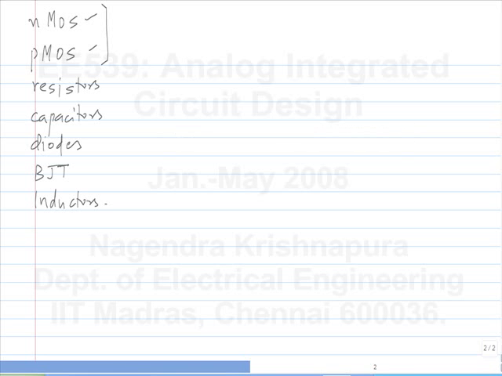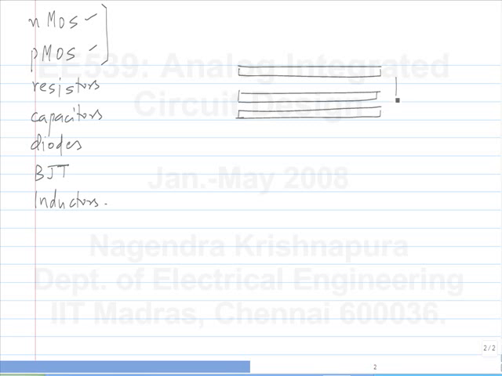Metal layers. First of all, you put any pieces of metal together, you will get capacitance between them. So you can take two metal sheets, and there will be some capacitance between the two, depending on the area of the pieces of metal. And in some cases, you will have a special metal layer such that the spacing between two metal layers is small. So that gives you a higher capacitance density.